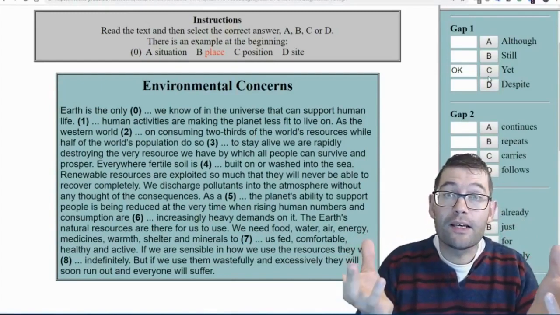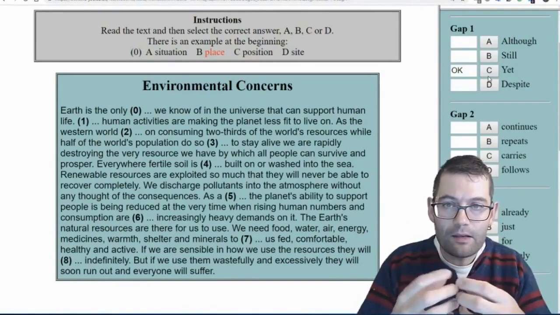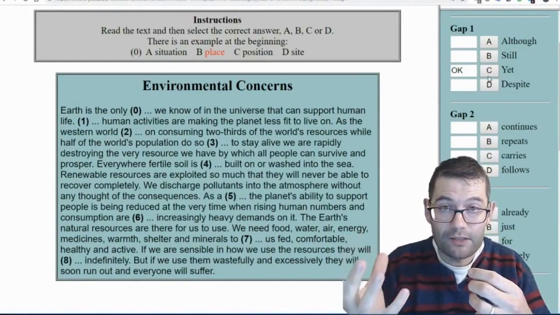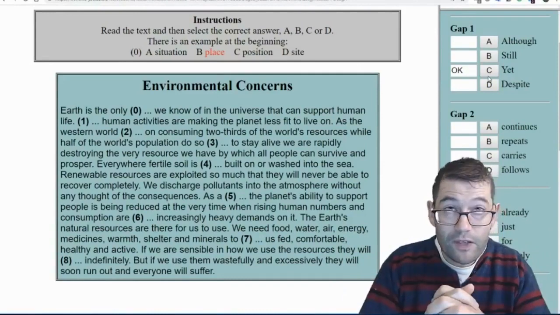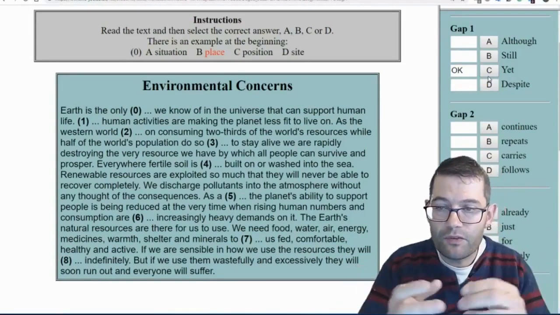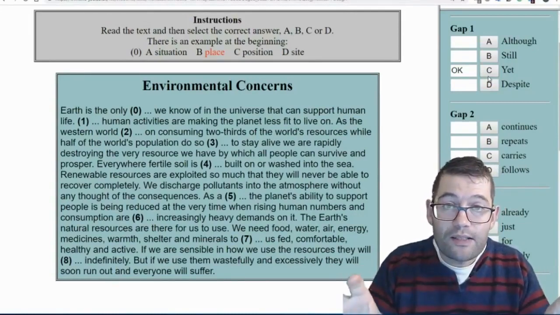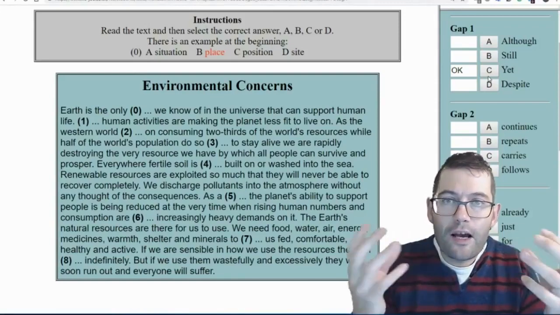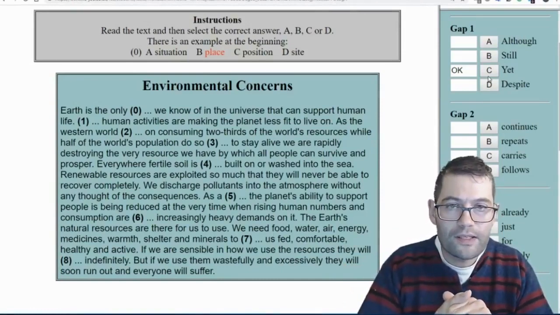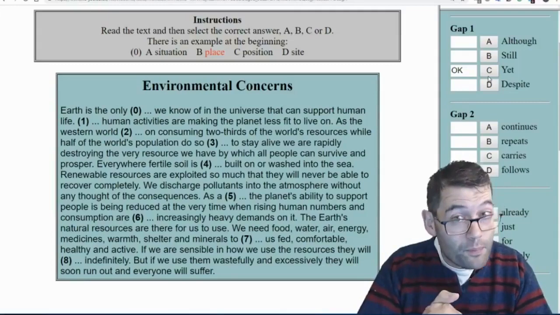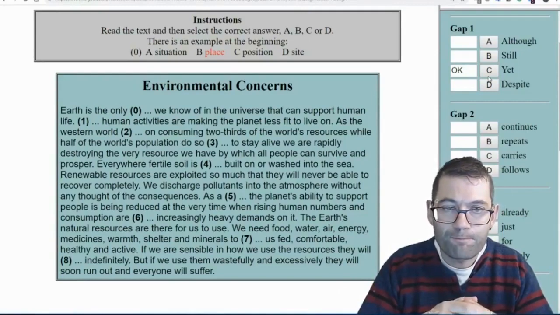A perfect example is a conditional, as an example sentence with a subordinate clause and a main clause. The subordinate clause is the hypothetical if, and then you have the main clause, which for the first conditional will be the present simple and future simple. If we go back to our exercise, we can see that this is a simple sentence. There's only one clause in this sentence, there aren't two clauses. So that means we can't use subordinate conjunctions. So although and despite, yes, they suggest contrast, but they don't fit the sentence structure that we're presented with here.